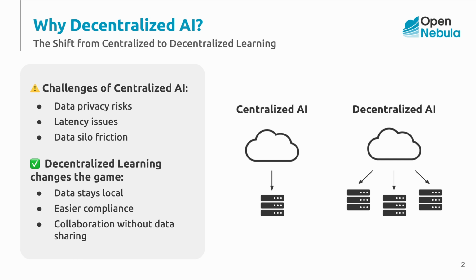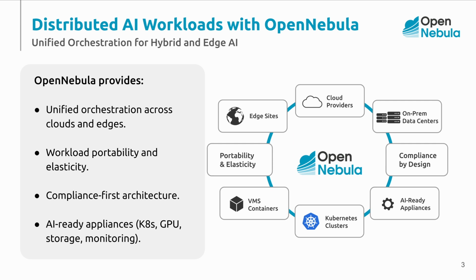This approach offers some key advantages. It reduces unnecessary data movement, enables compliance with privacy and sovereignty regulations, improves performance through data locality, and it supports collaboration across organizations without the need to share the raw data. To make decentralized AI a reality, you need infrastructure that can operate across diverse environments, and that's exactly